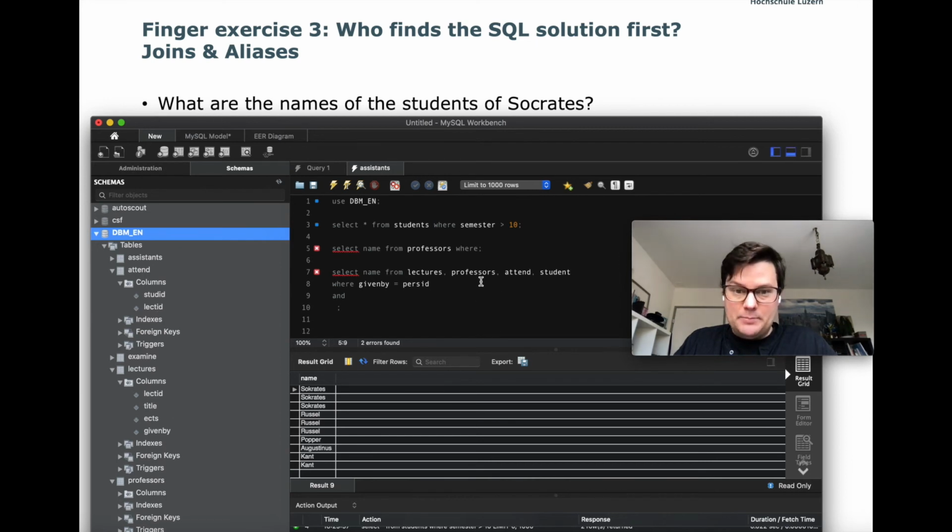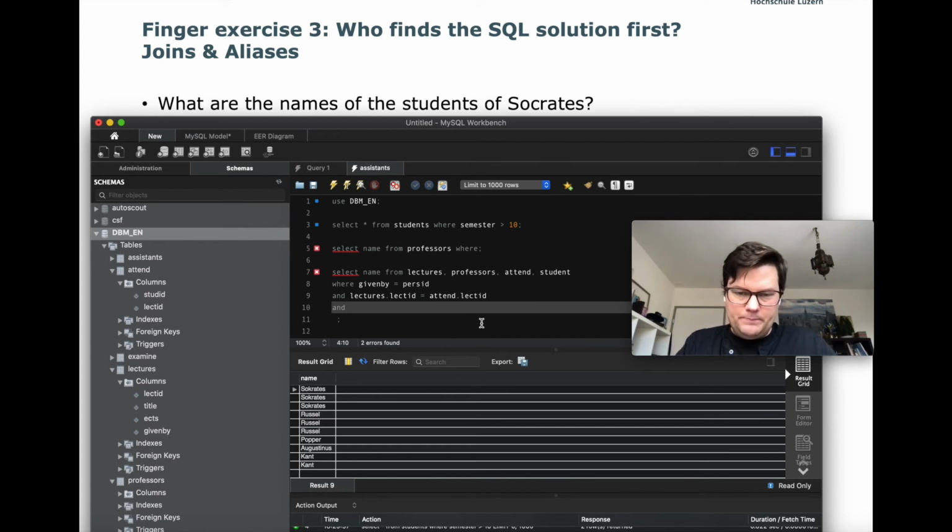So we need to disambiguate this column. So from the table lectures, lecture ID must be equal to attend lecture ID. Okay, and so we have joined lectures and professors, we have joined lectures and attend, and now